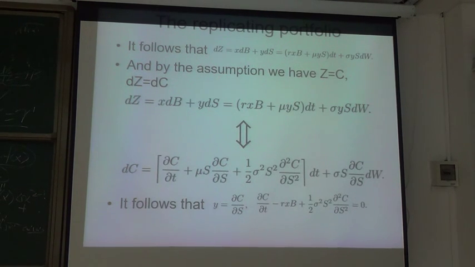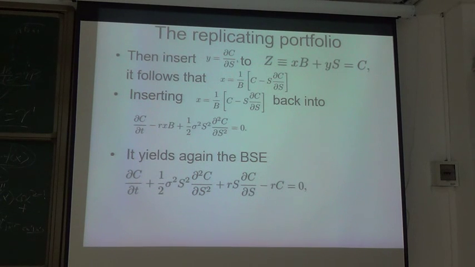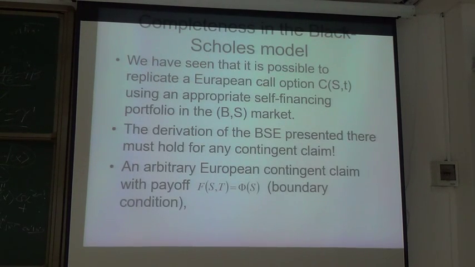And it follows that, substituting dS into dZ, we can also solve these dynamic differential equations, and then we could find the values of Y and X. And then this is again the Black-Scholes equation, what we have derived above. We have seen that it is possible to replicate a European claim C(S_T) using an appropriate self-financing portfolio in the BS market. The derivation of the BSE